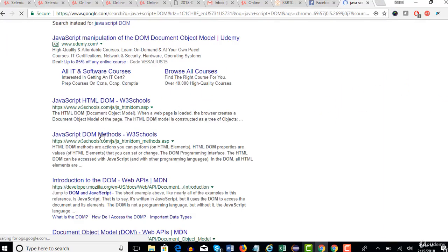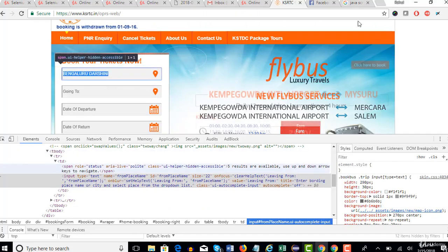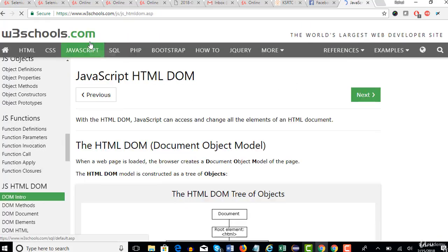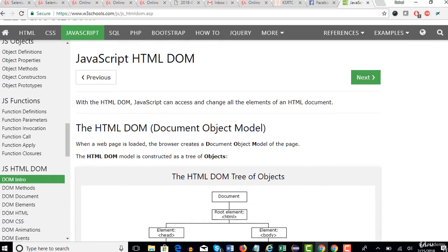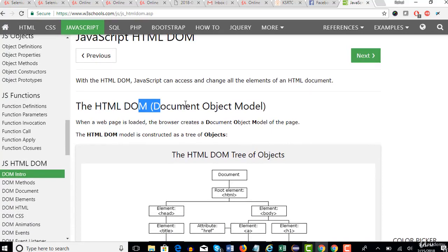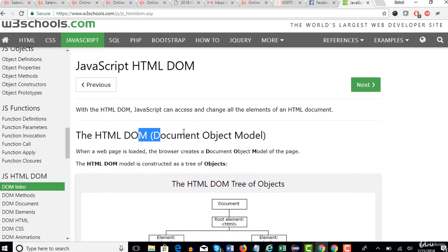Okay, so JavaScript HTML DOM. You can actually extract the values from HTML, which is nothing but this one, using the JavaScript DOM API. So select this and you will be navigated to W3Schools, which is the best tutorial site for learning anything. All the HTML DOM, which is called the Document Object Model.